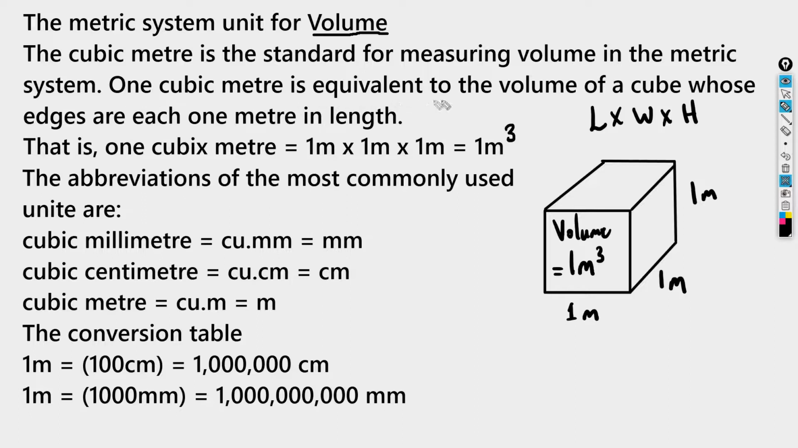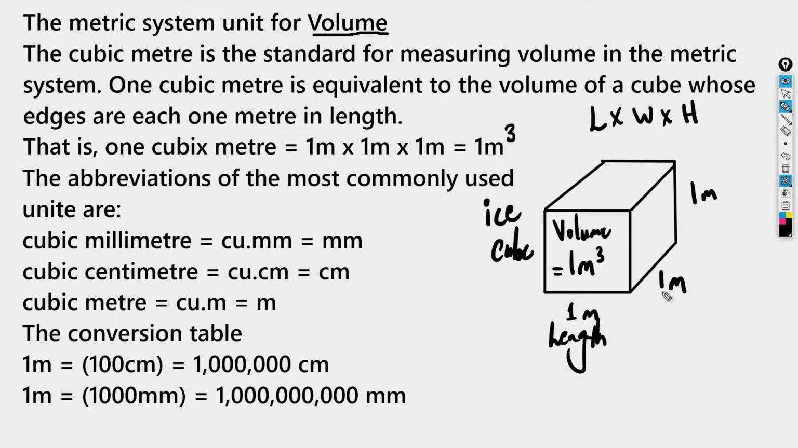1 cubic meter is equivalent to the volume of a cube whose edges are 1 meter in length, okay? So let's look at this cube showing below. And this cube, think of it like an ice cube, okay, guys? I think that's the best thing to think of when you're thinking of a cube. And the length of one side of the cube is